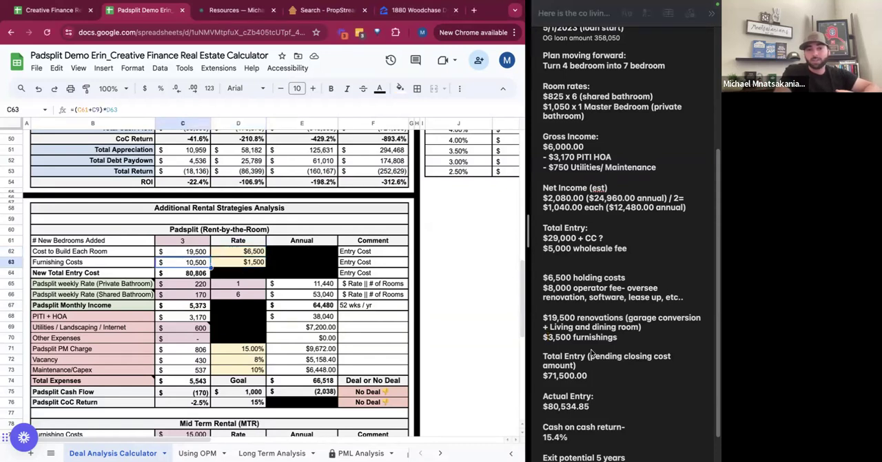Okay, so they say 3,500. The thing about furnishing pad splits is you furnish the common areas a little bit, right? The kitchen and all that kind of stuff, maybe some outdoor stuff. And then the bedrooms are very minimally furnished. You put your bed, and you have maybe a nightstand, some very basic furnishings. You're not going above and beyond on